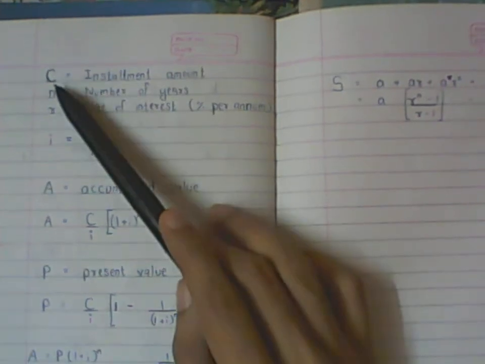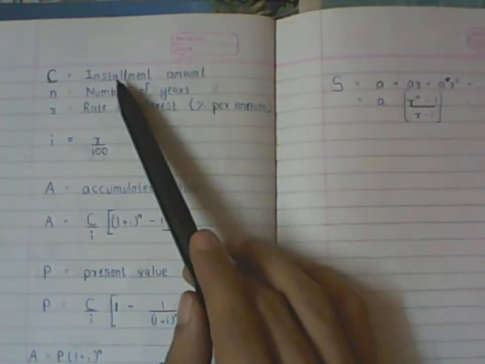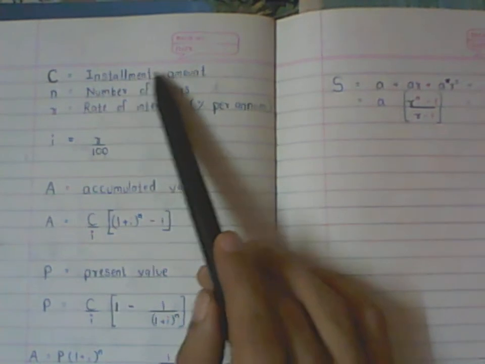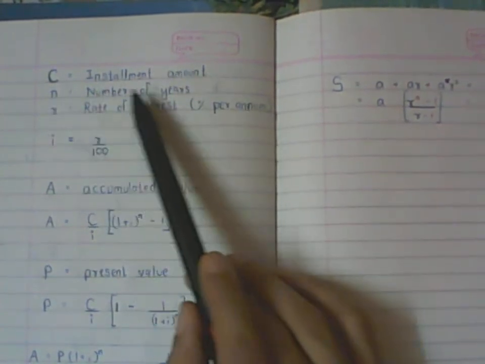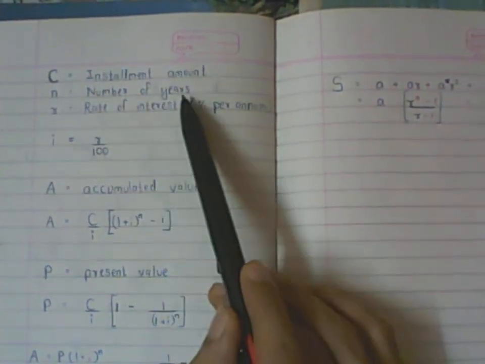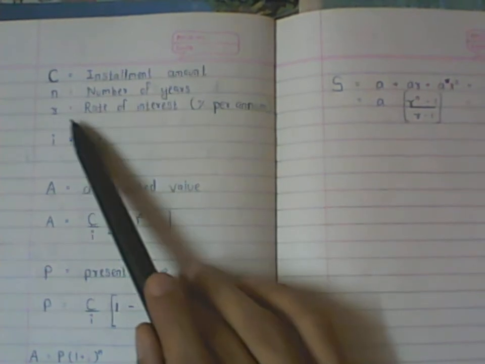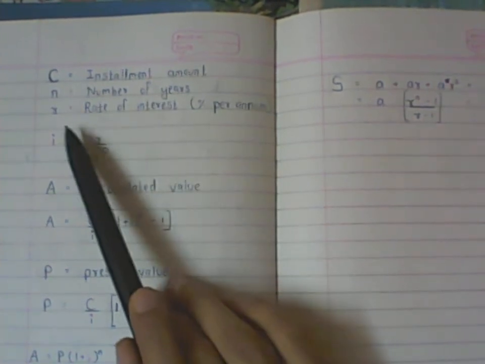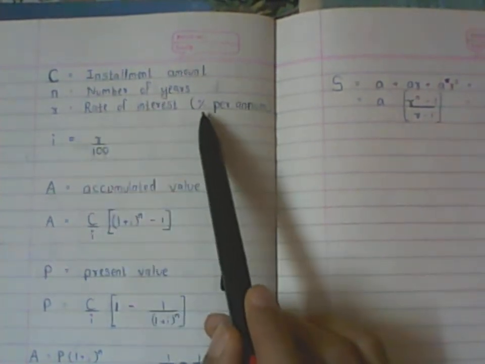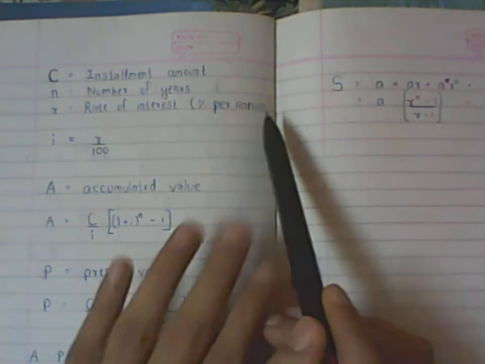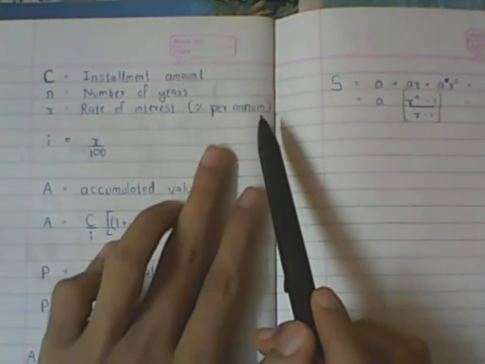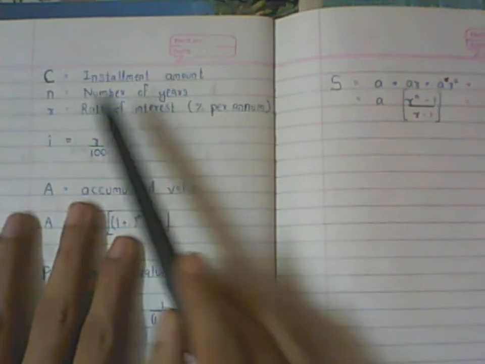C is my annual installment, or the installment that I make at the end of each year. N is the number of years, that is the time period for which I am making the installments. And R is the rate of interest, a fixed rate of interest, and I'll denote it as a percentage per annum. So let's say if my rate of interest were 10% per annum,